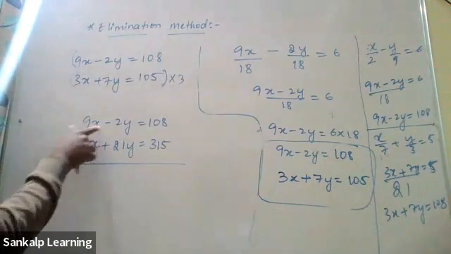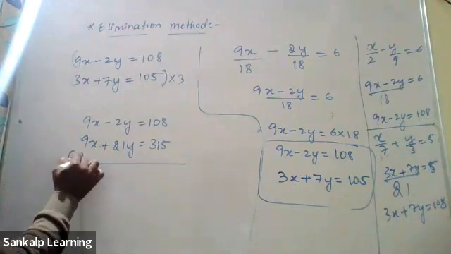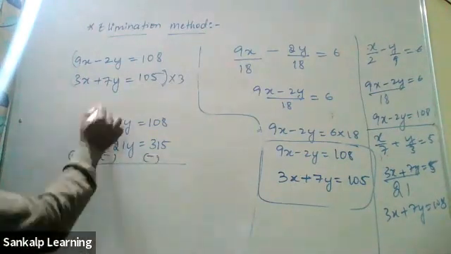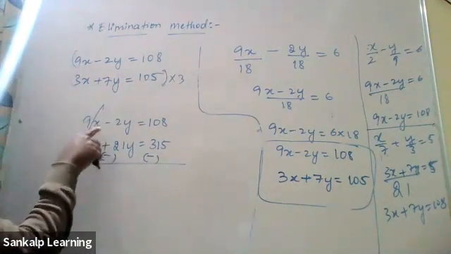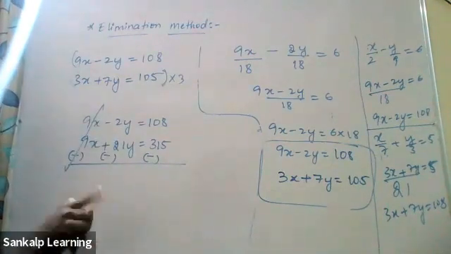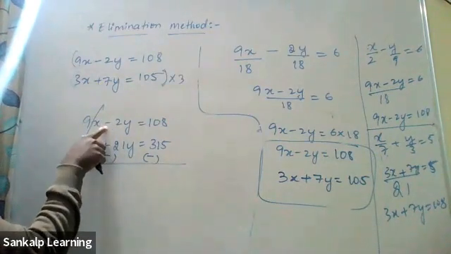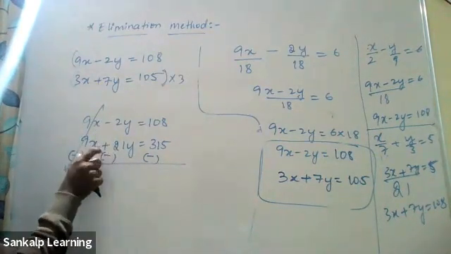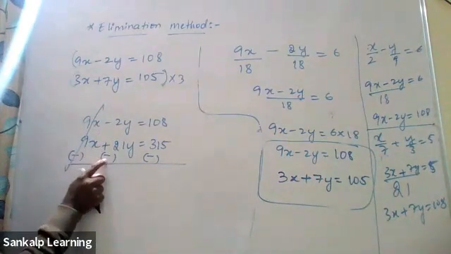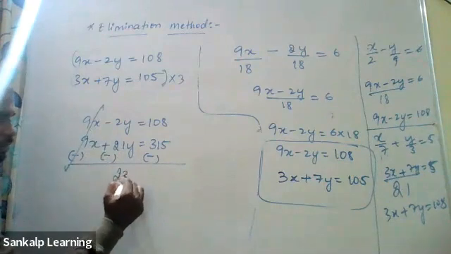Now the two numbers: this is positive, and here also plus 9x, plus 9x. So you can change the sign. Both are the same, you can change it. Plus 9x minus 9x gets cancelled. Here there is minus, here also minus. Both signs are the same, you have to add it. I repeated: what is the sign here? Negative. What is the sign here? Don't look at this sign, look at the new sign. So this is negative. Both are negative, add it.